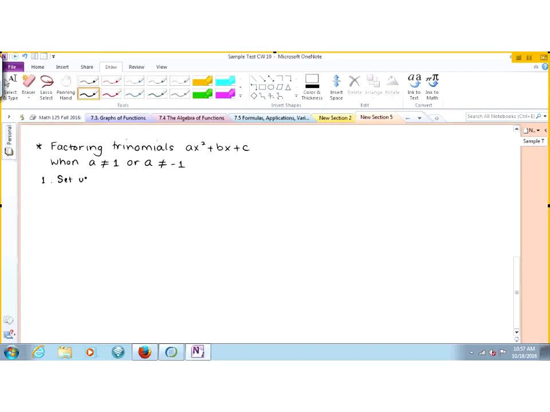So 1, setup. Factor out the GCF. Factor out the greatest common factor first. That's always. Now, number 2, your setup. So the setup is